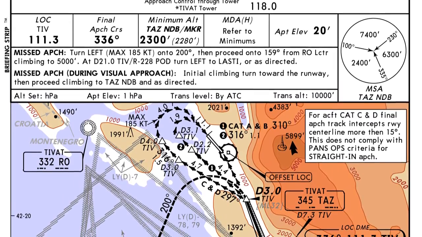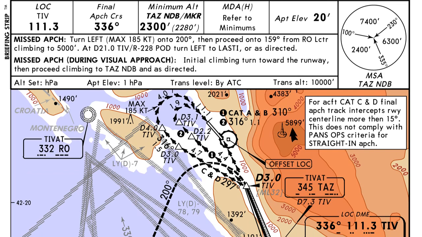Now, for some of these airports, they're a little more complicated, or in mountainous areas, they've actually denoted the circle to land procedure. In this case, we can see that at point D3, the circle to land procedure takes us in a heading of 297. Now, we are flying visually here. There's no other instruments other than our eyes and the headings. So once we reach that point D3 from the Tivat localizer, we're just going to fly a heading of 297